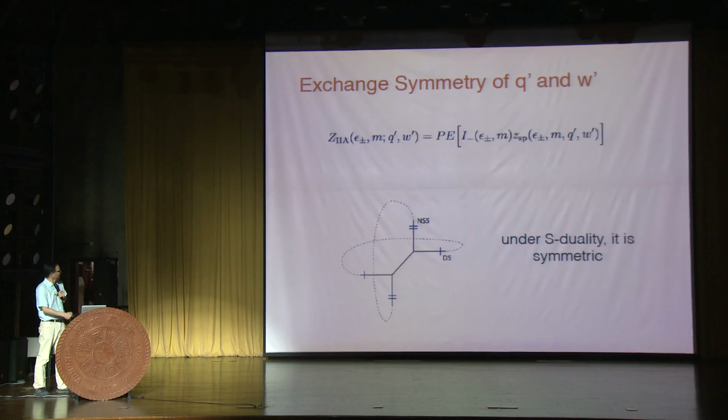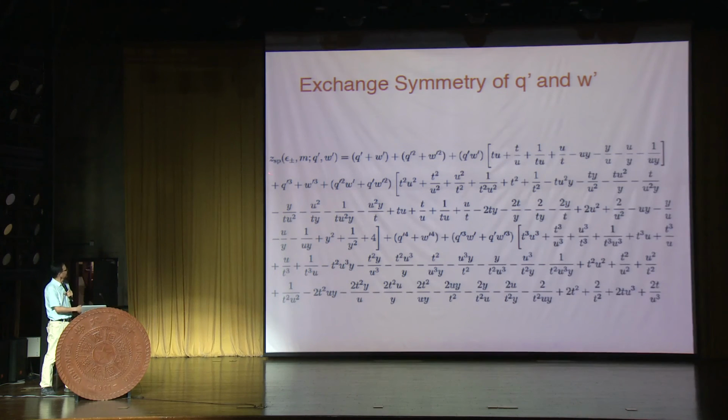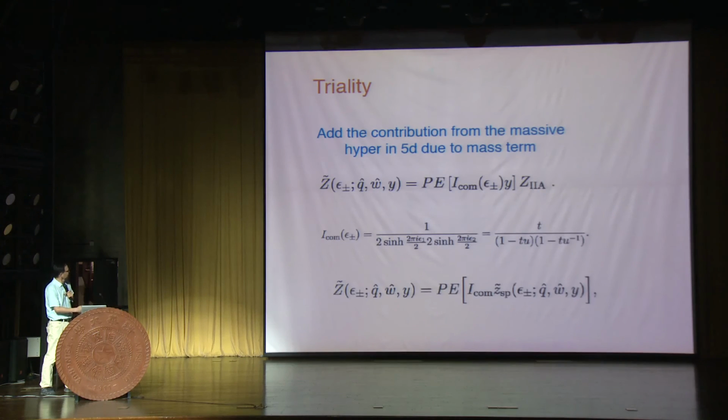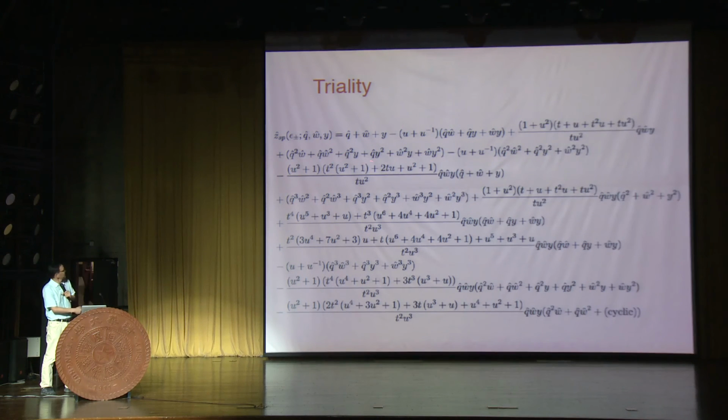For example, from brane pictures, this tells us that for type IIA and type IIB U(1) little string theory, basically through S-duality, winding and momentum exchange means that this function has to be symmetric under the exchange of the winding chemical potential, and indeed one can see that it is symmetric. And also, by turning on the mass term for hypermultiplets, one can see there is triality, which means the exchange of three terms. It should be symmetric, and there is a triality of partition functions.